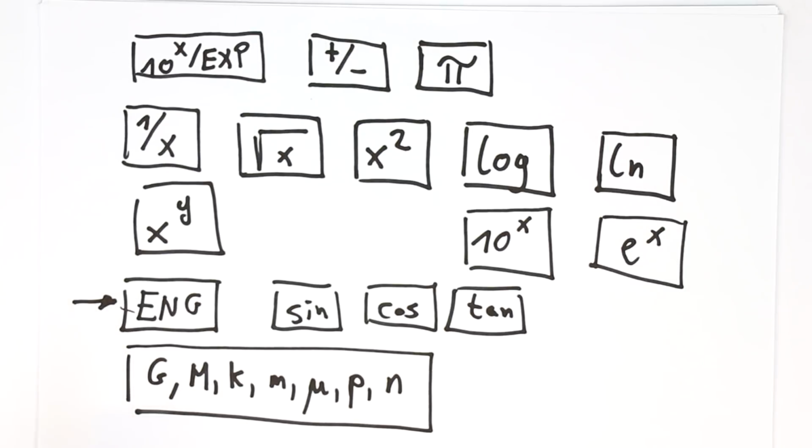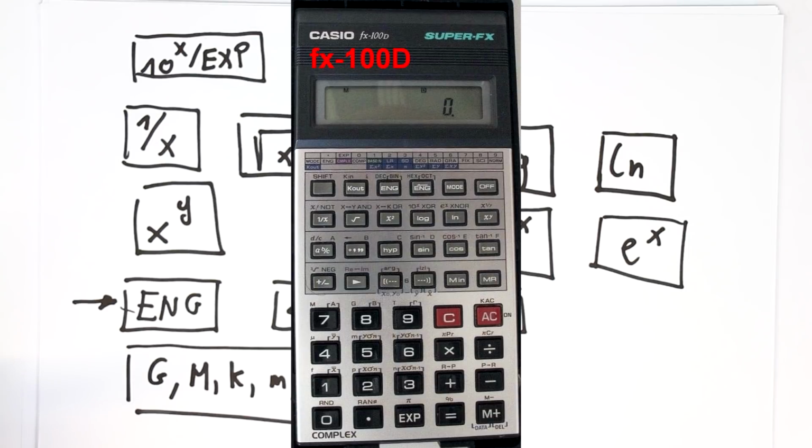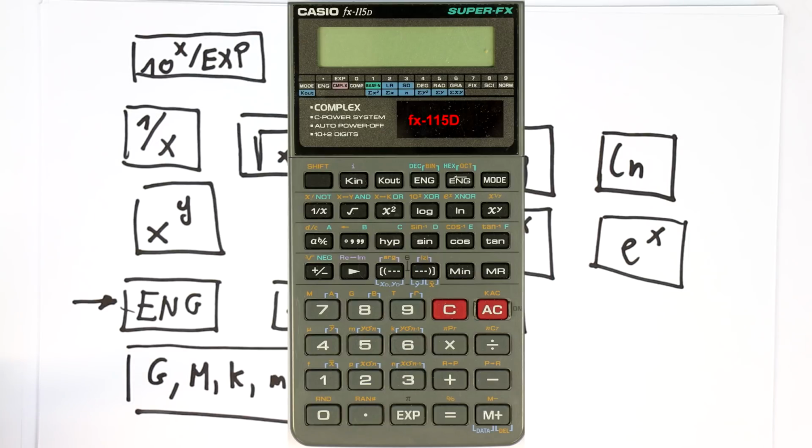And when I found the first one of this series, I googled for the manual, and I will give you the link. There's a whole series which have a common manual, and you can read here, it is the FX100D. Important is always the exact numbering and lettering. As you can see, they all have this D, and this D seems to stand for a special engineering type of keyboard layout. So it's the FX100D, 115D,